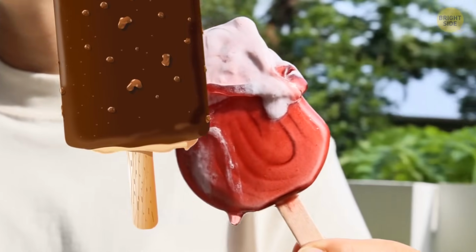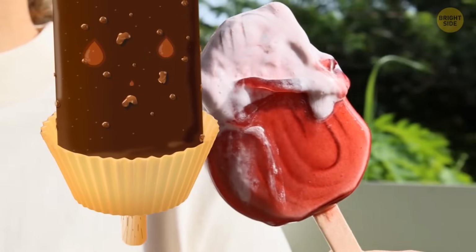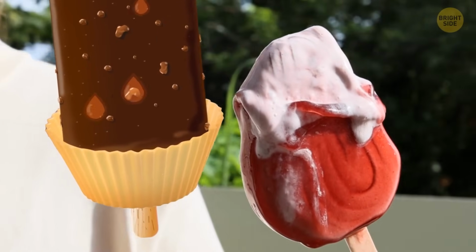All you have to do is pop the popsicle stick through the cupcake wrapper. The wrapper will then catch any of the drips that drop from your popsicle, or any tears of joy that drop from your face. Let them soak in the wrapper while you soak up the sun and enjoy your popsicle